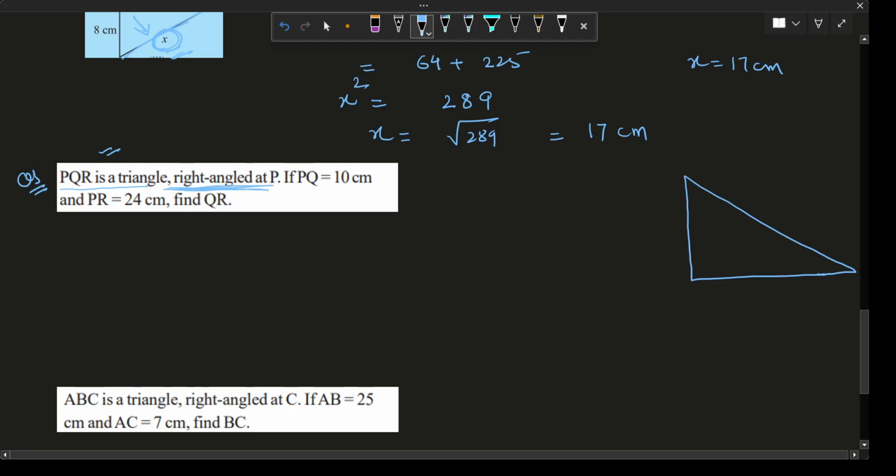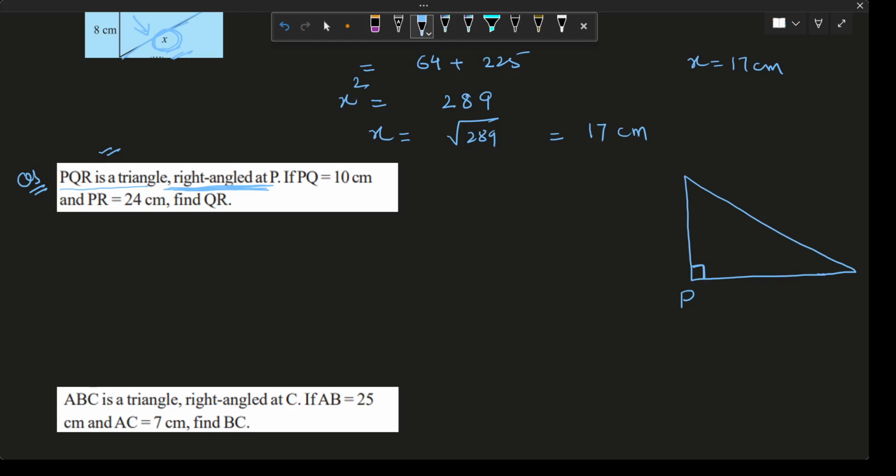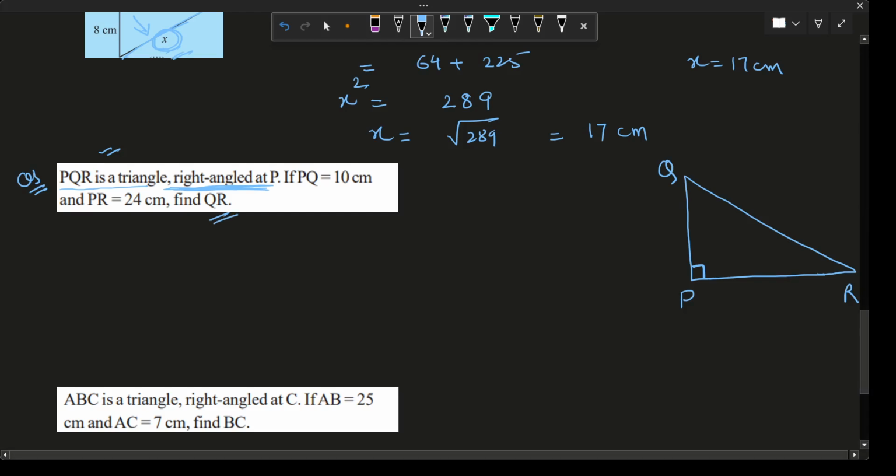This is a very important step. Line over here, right angled at P. Right angled at P मतलब ये जो angle है ये क्या है? This is P. This is angle P is 90 degree. Okay. अभी because it's important to know where is right angle, then only you will come to know what is your base, what is your perpendicular, and what is your hypotenuse. ये P हो गया, तो RQ कहीं पे भी लगा सकते हो. This is PRQ. तो अब आपको क्या find out करना है? पता चल रहा है यहाँ से QR is your hypotenuse.